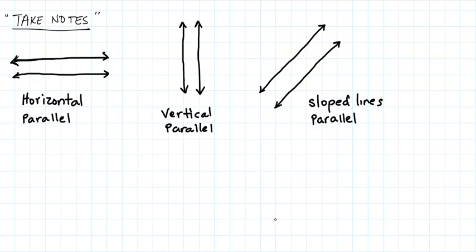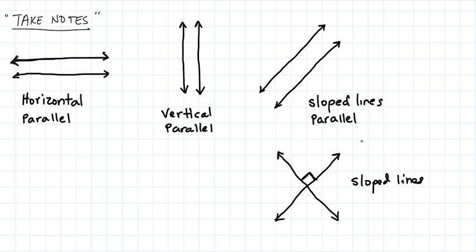For example, we can have this sloped line and this sloped line. Both of them have a slope, but they are perpendicular. So sloped lines can be parallel, they can also be perpendicular,